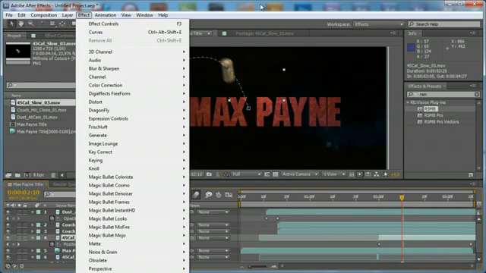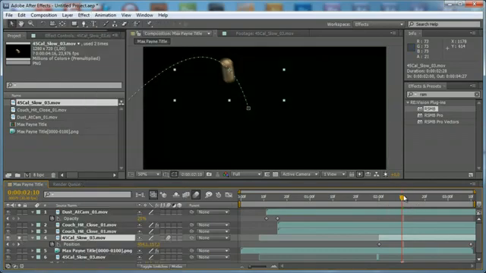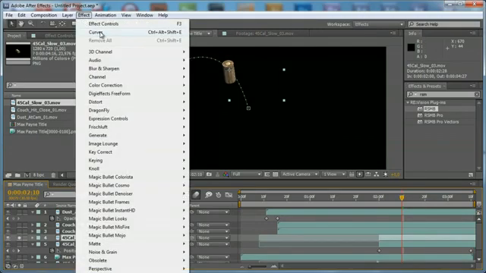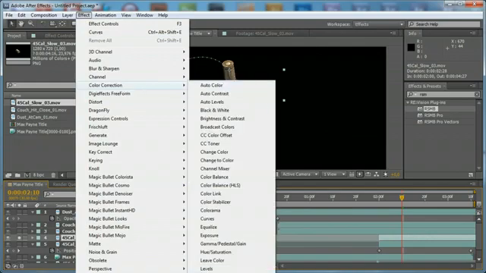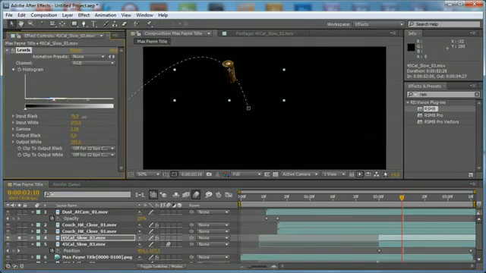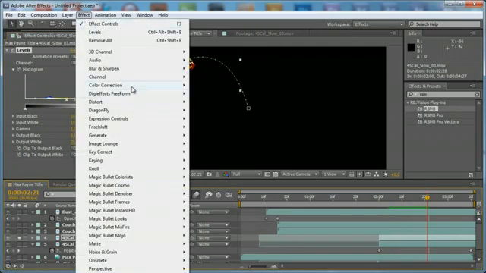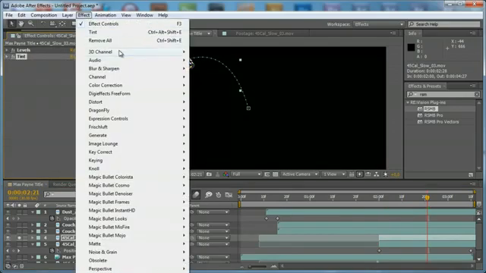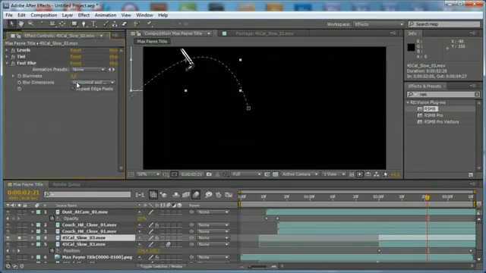Probably we can just select the gun shell, duplicate it, remove the motion blur temporarily, and apply a levels adjustment and crush it a lot, just to see the brightest parts of the gun shell, and come to color correction tint to tint it, and now come to blur and sharpen and apply a fast blur